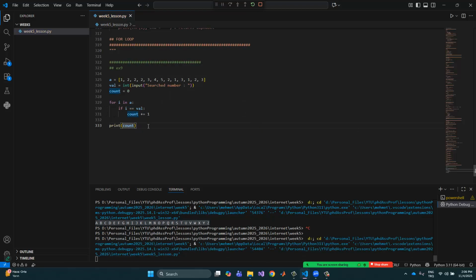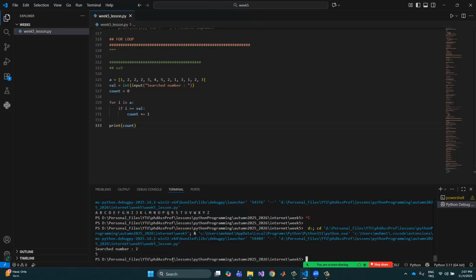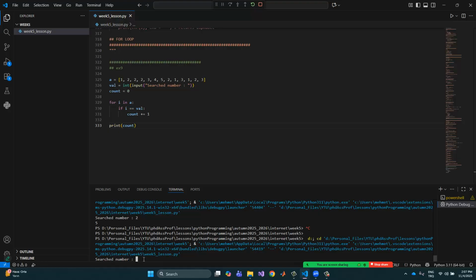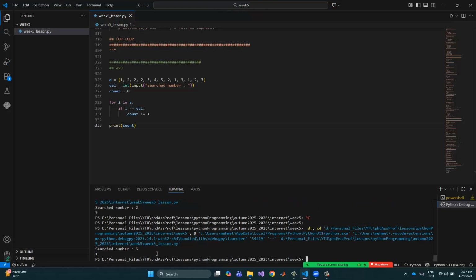This one, for example 2, we have 5 2 in here, and for example 5, we have 1 5 in here. Okay, we can search the every elements based on these terms to find out how many counts for a char. Okay,